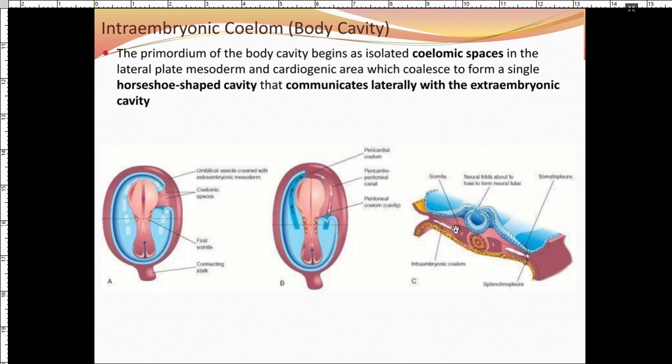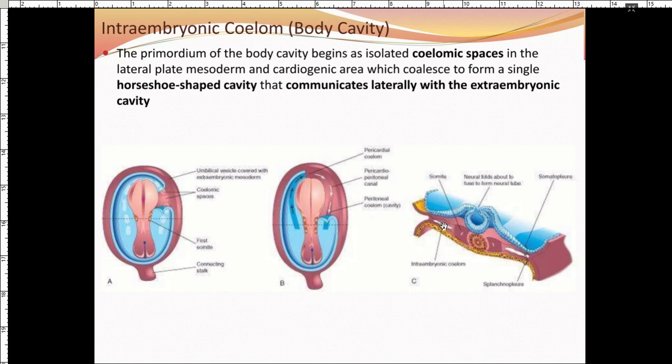And then you're going to have an intermediate mesoderm, just lateral to the paraxial mesoderm. This one is going to form your urogenital system, your urinary system, your reproductive system. They all come from the intermediate mesoderm. We're going to look at it very soon. And then you're going to have this lateral plate mesoderm, which is very important